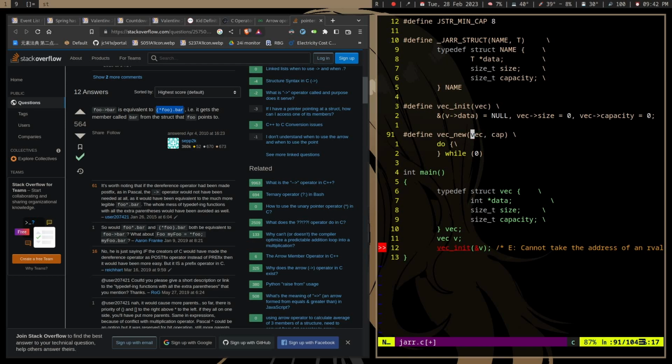We try to dereference v. We try to dereference an instance of a vector, and then get the member, which doesn't make any sense, because you use arrows with pointers,